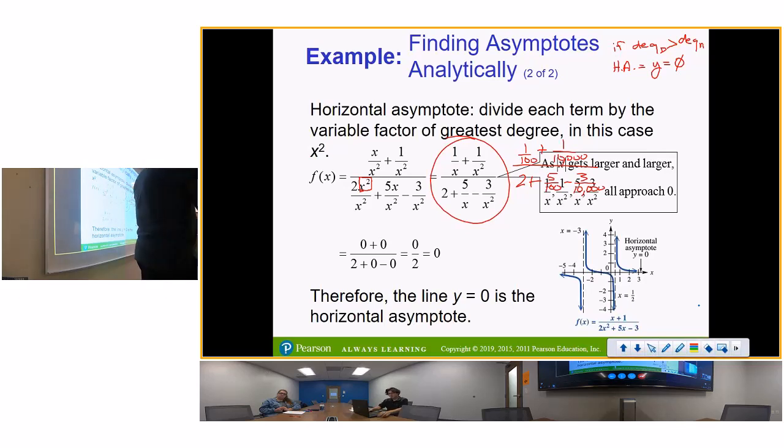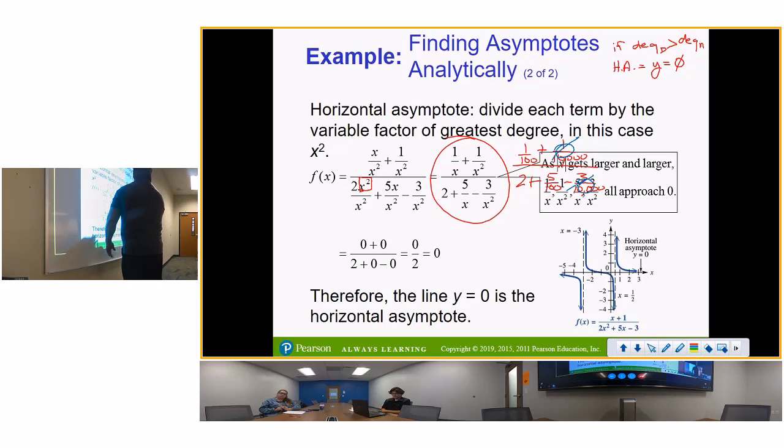What's very small in math? 0. This goes to 0. This goes to 0. 5 over 100 is point what? 0.05. This is 1 over 100, 0.01. So I'm just going to put 0.01 over 2 plus 0.05, 2 plus 0.05, and this is going to give